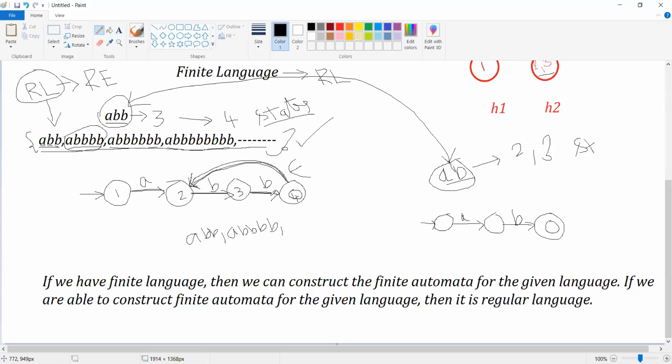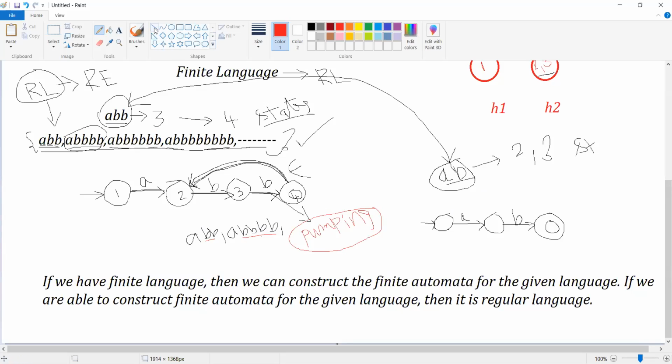We can also call this part a pumping part. Why am I calling it a pumping part? Because if we keep on repeating this, if you keep on pumping this, it is going to generate this BB. If you pump once or twice, it is going to generate double B two times. If you pump this BB 3 times, it is going to generate double B again. That is the reason we also call it a pumping part. Okay, now let's go over here.